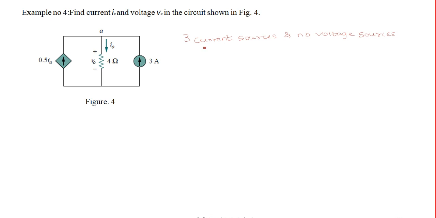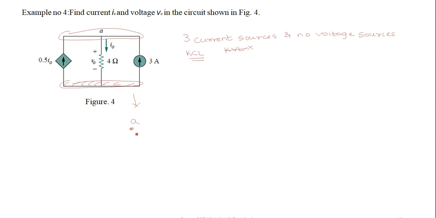So in selecting the analysis method, it will be better to use KCL rather than KVL, right? So how to apply KCL now? First you understand how many nodes are there. We see that there are two nodes. This is the one common node we have, and this is also another node, right? So I can redraw this circuit like this.